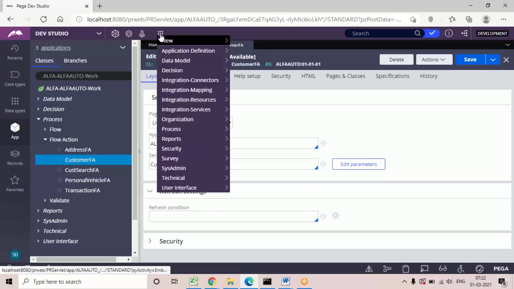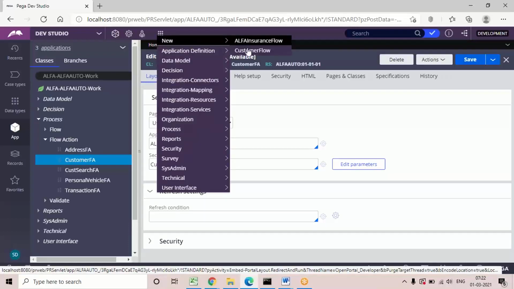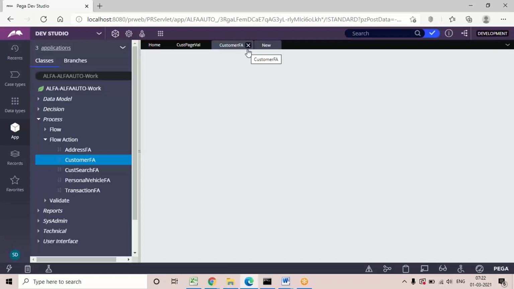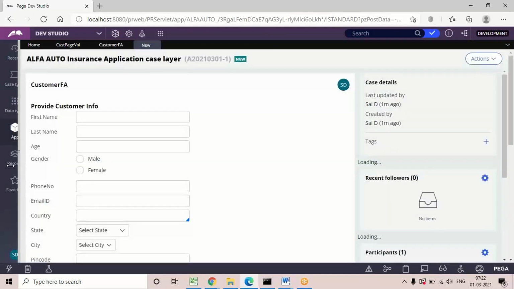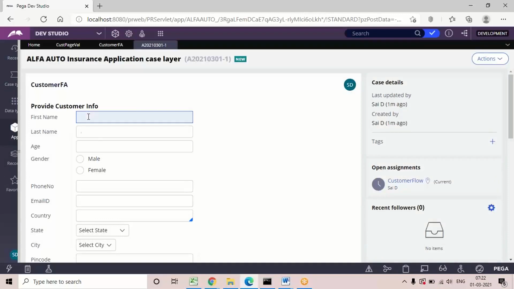Now verify this design and check whether this condition is working or not. I'm going to provide input for both first and last name, with the same values for first name and last name.